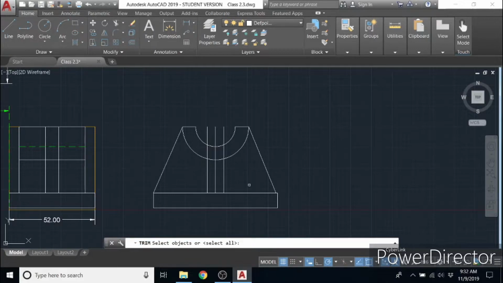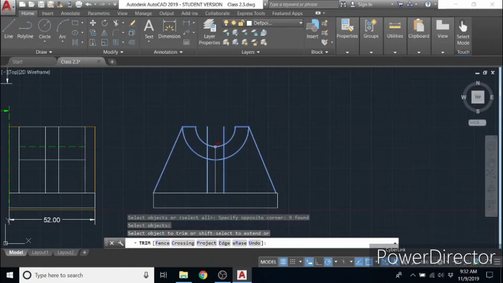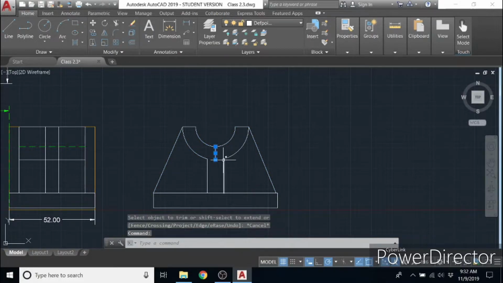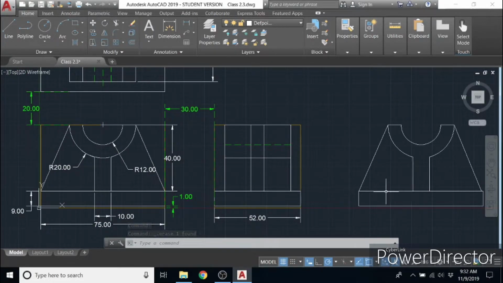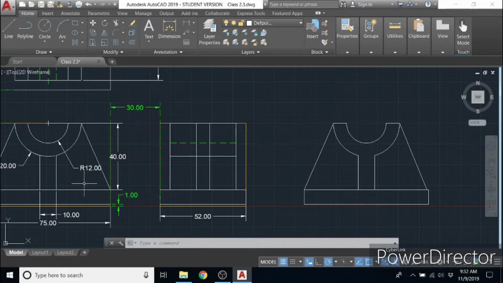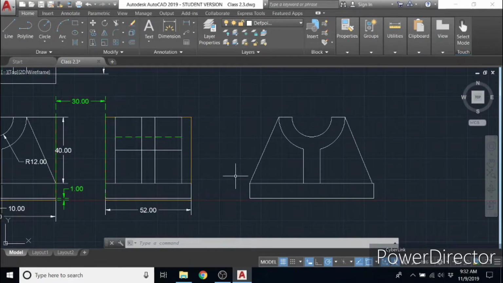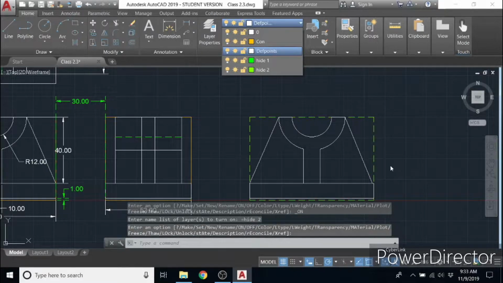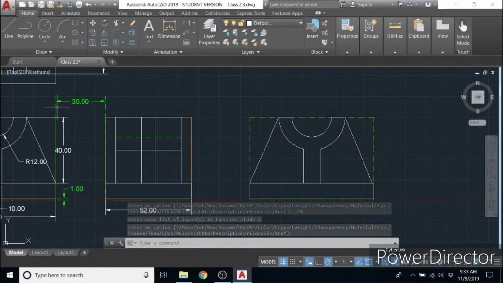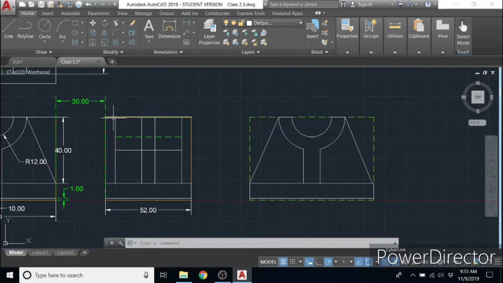Now I'm going to use my trim feature. Okay, enter in the system. Okay, this line I'll just delete it. Now it look identical, which is perfect. Let me enable this layer. Okay, so now I know this distance from here to here is 30. So I'll be